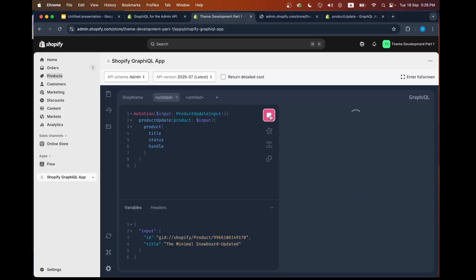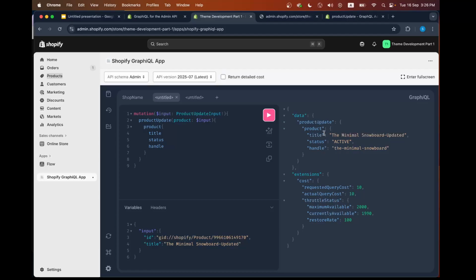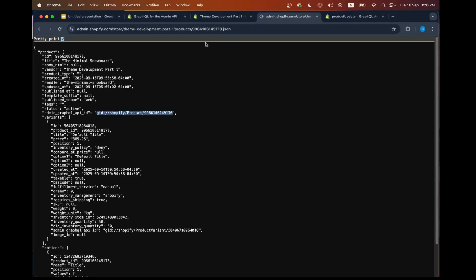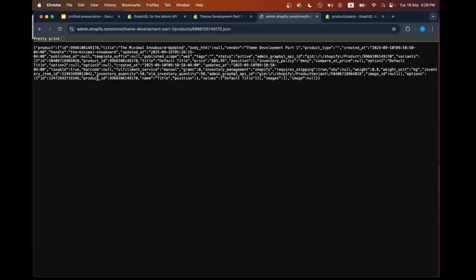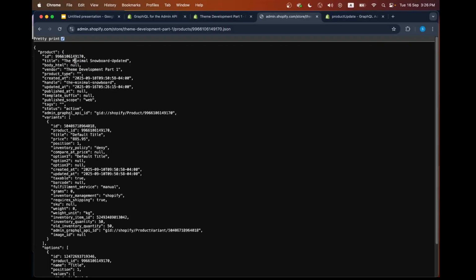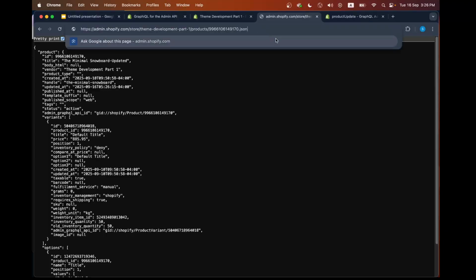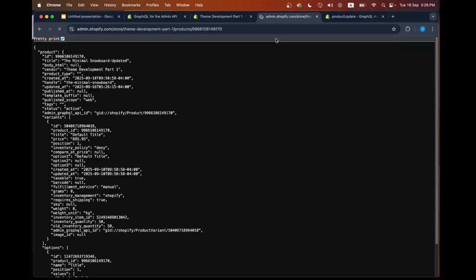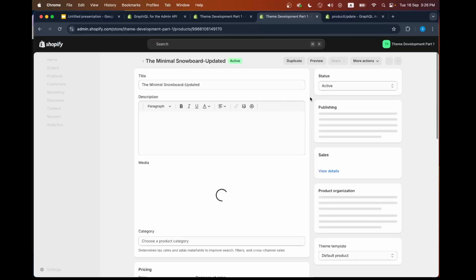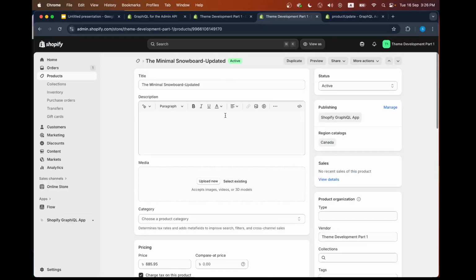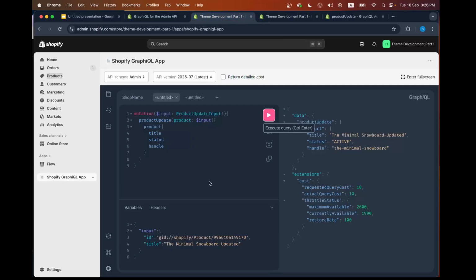If we run this, you can see the title is changed: the minimal snowboard updated, this is active, and the handle is this one. And you can see here, if you refresh it, this is the title. If we refresh it, you can see the title is changed, the minimal snowboard updated. And this is how you can update the price, cost, everything using these mutations in the Shopify API. Yeah, these are the updated things. So that's a short introduction